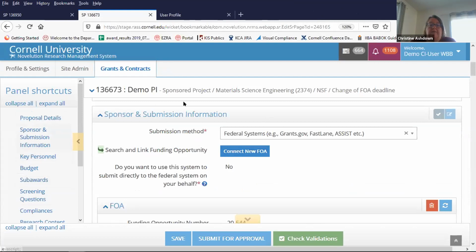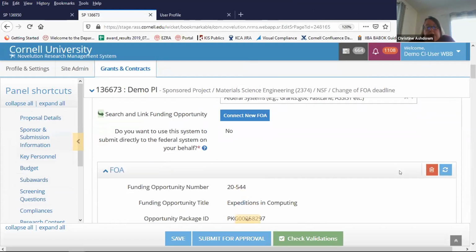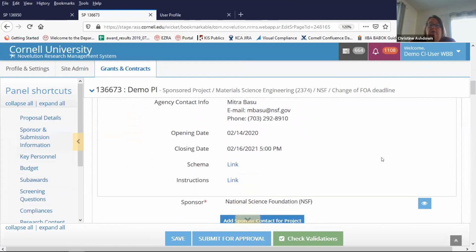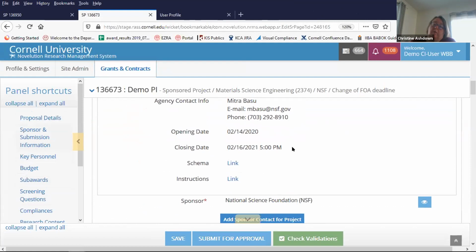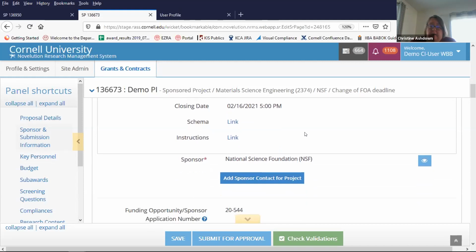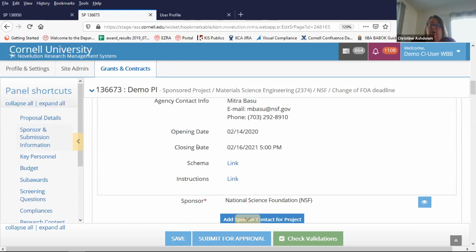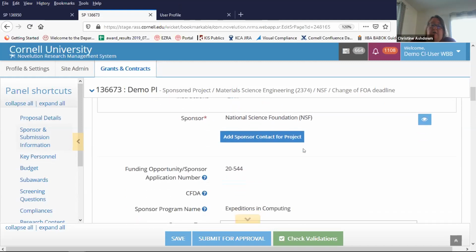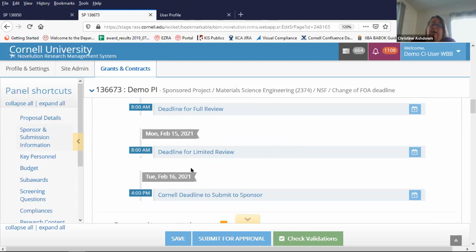So if you connect an FOA and you notice the information here and you see this deadline is 2/16/2021, that may be a title for our solicitation that has multiple deadlines or open deadlines where you can continue to submit at any time. That closing date, which is fed over from grants.gov, ends up becoming the due date for this project